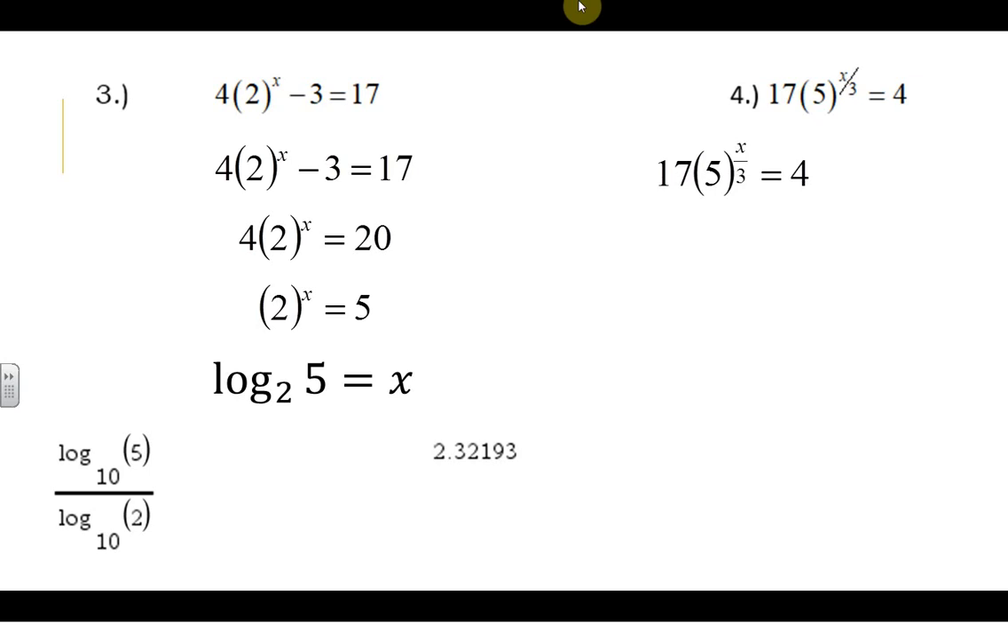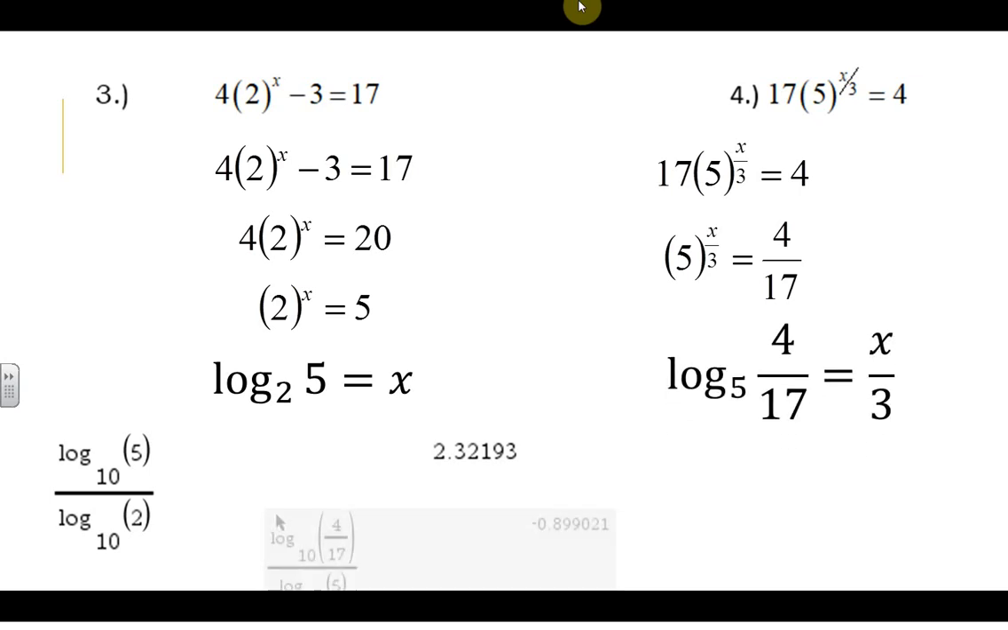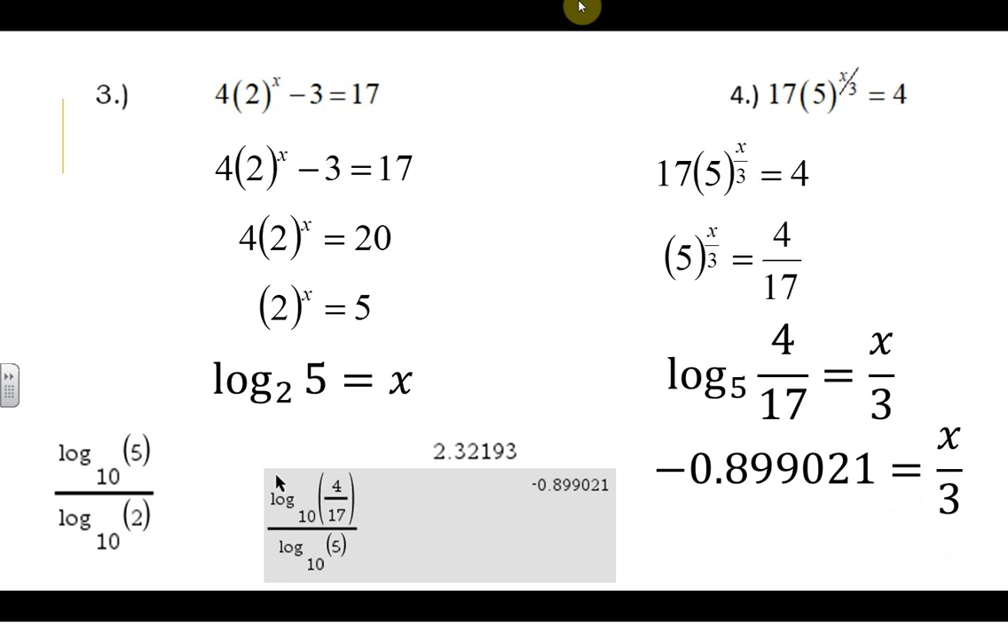Over here, we're going to isolate the base that has the exponent. We're going to divide by 17 on both sides, and we're raising it to the x over 3. So now we can do the log. Again, base, what it equals. I popped it over there. Now we still have to multiply by 3 to get x by itself. You multiply by 3, boom,